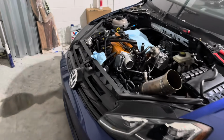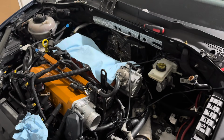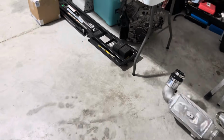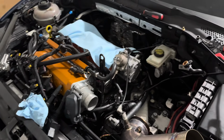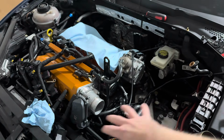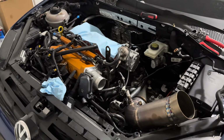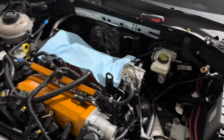After some testing on the new setup, I wanted to do a few changes on just some minor things. As you can see, the turbo is off. I wanted to make a small adjustment to that with Mr. Pack Parts, just to better make this air-to-water system flow. We're making boost extremely fast, or faster than